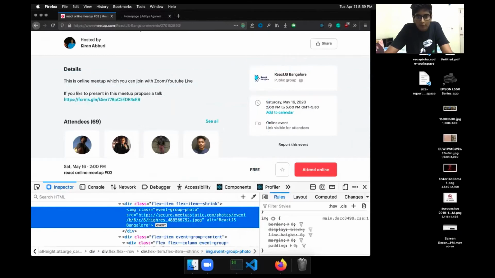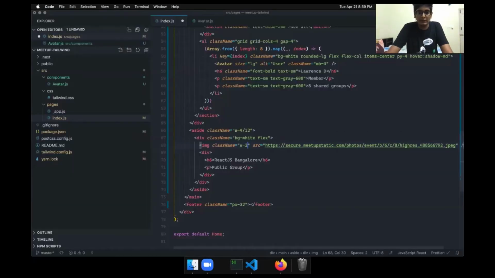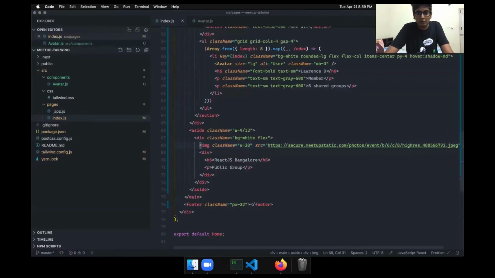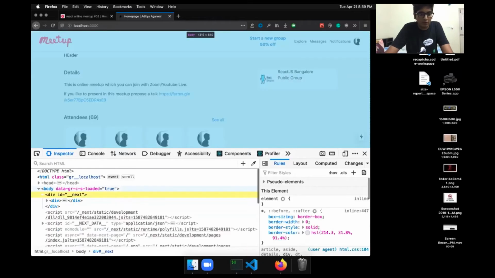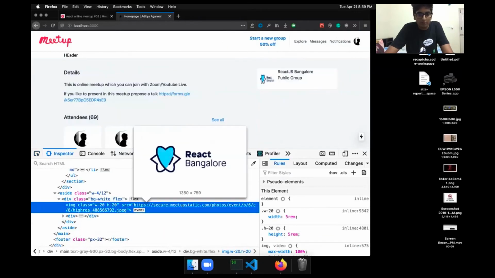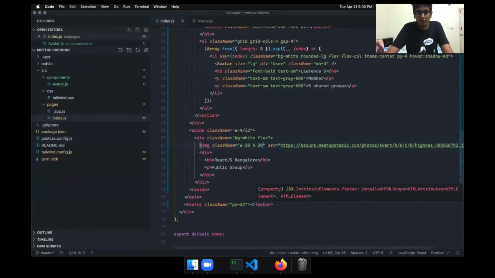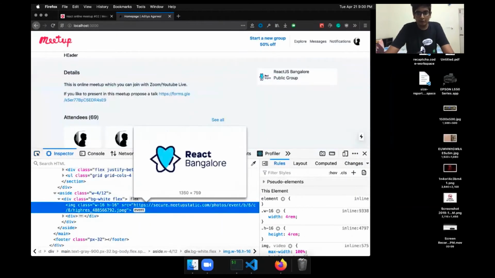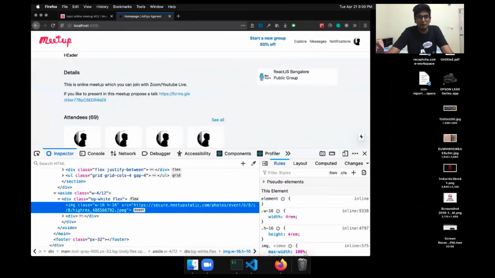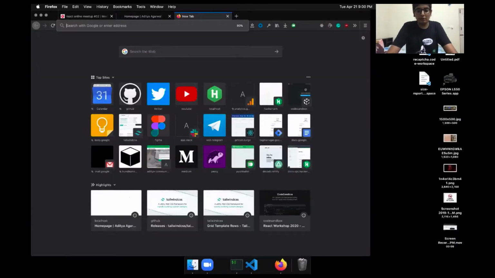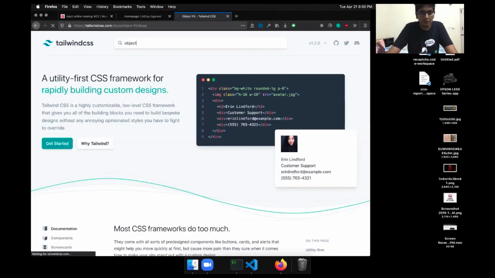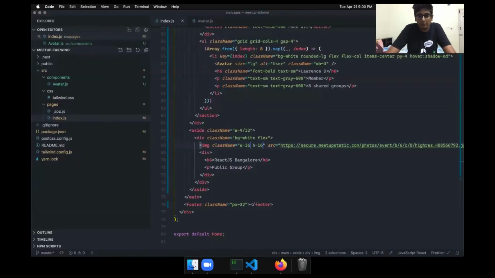So it is actually 56 by 56, so 20. Let's do height 20 as well, so that makes it a square. And I think ours is a little bigger than this. Yeah, so we don't need 20. We are actually fine with 16. And now another thing is this image is looking squished. So I think object fit will work, but I don't remember the class name. But I do remember the CSS thing. So if I say object fit, it will be here. So let's do object cover.